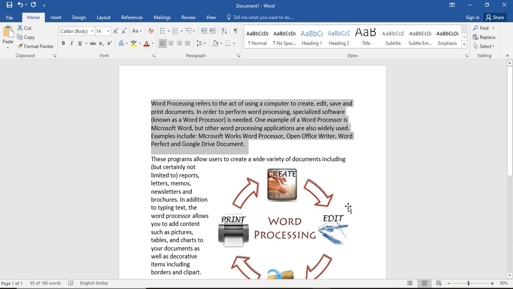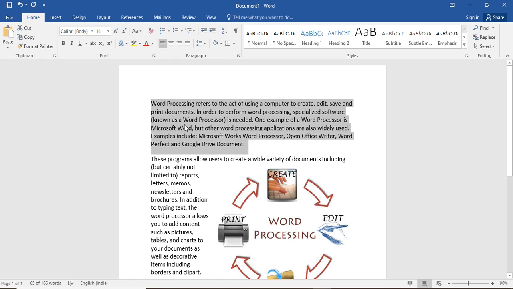Okay, and to copy the text, here is a shortcut, that is Control plus C. You can see here's the option copy on the right side of the window, and cut also is here, cut, copy and paste. So the option is copy and the shortcut is Control plus C.